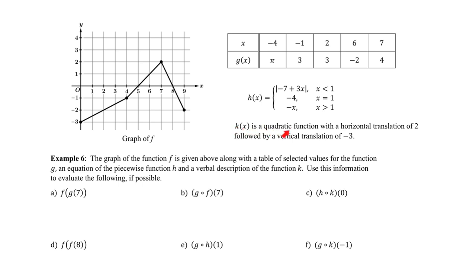And then we got k is a quadratic function with a horizontal translation of 2 followed by a vertical translation of -3. So this is probably where I would start, because I probably should write something down for this guy. So let's do that real quick. So there's that function. Just remember, if my horizontal translation is a +2, then it had to be the opposite on the inside. So there I have 4 different functions, and they're going to ask me to do some composite functions work down here. So why don't you pause the video